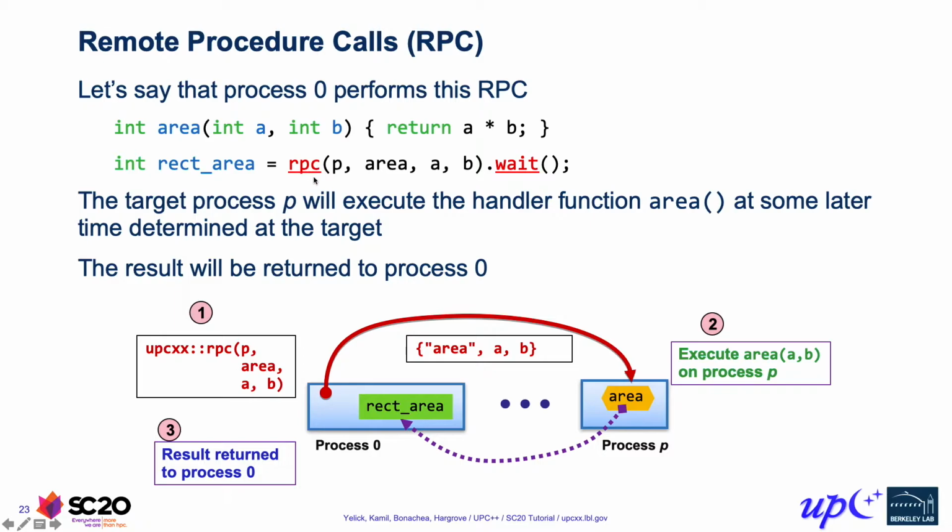What the source process gets back is something called a future. It doesn't wait. RPC doesn't wait until this entire process completes before returning. Okay, it's an asynchronous operation, and we get back a future that represents completion of that operation. We'll talk more about a future and how to use it, but sort of the simple thing we can do right now is to wait on the future, and then that gives us back the result of the function call.